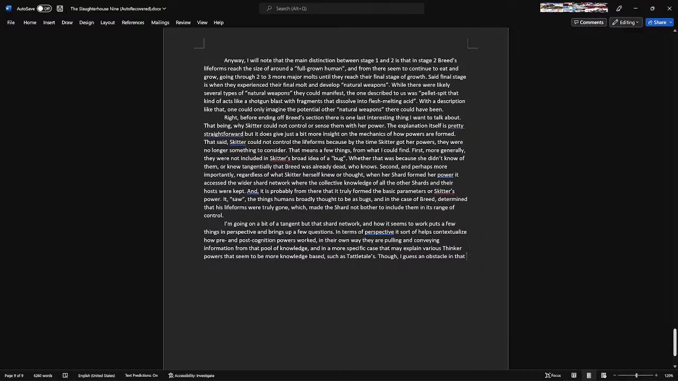Going a bit on a tangent, but that shard network and how it seems to work puts a few things in perspective and brings up a few questions. In terms of perspective, it sort of helps contextualize how pre and post cognition powers worked. In their own way, they are pulling and conveying information from the same pool of knowledge. In a more specific case, they may